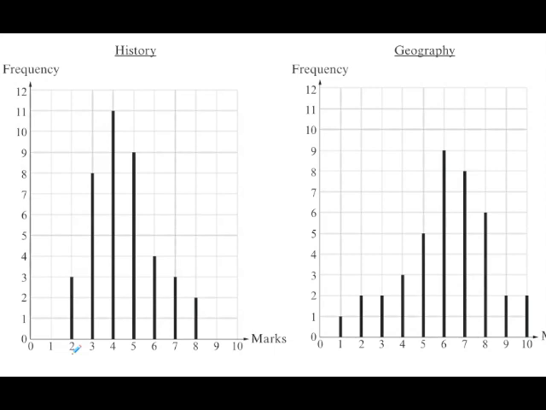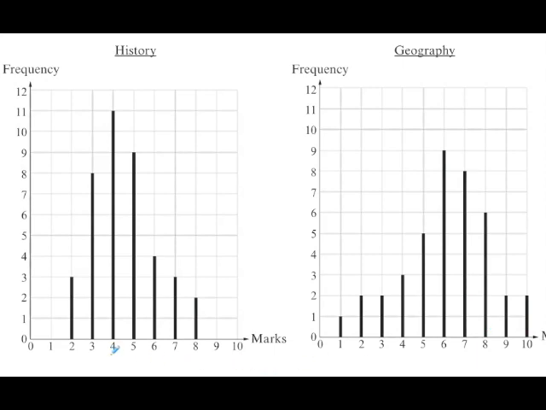The range of marks here for the history exam goes from 2 to 8, whereas with geography the marks range from 1 to 10 that the students obtained. So there's a greater range of marks for the geography exam,